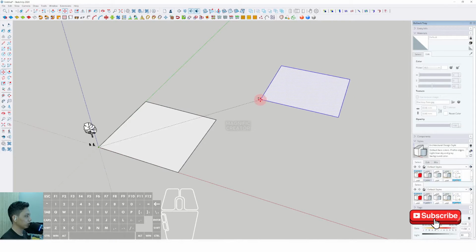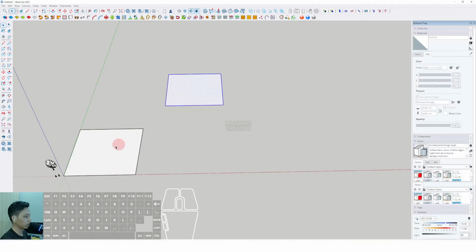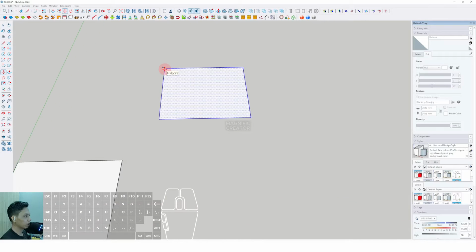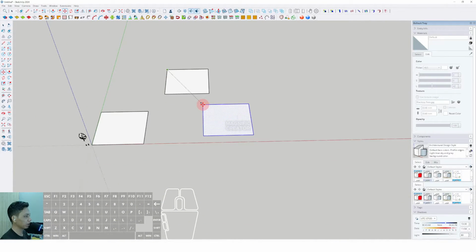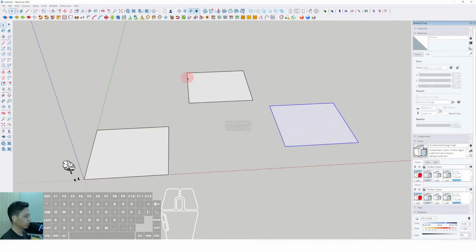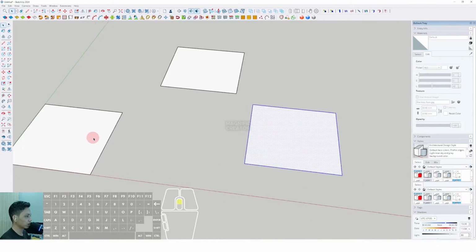can click to another position like this, and we can duplicate again. We can select this plane, select move, type control, click this point and place it in this position, for example. Okay, then now we can make the variative shape or variative outline for the floor plane in every